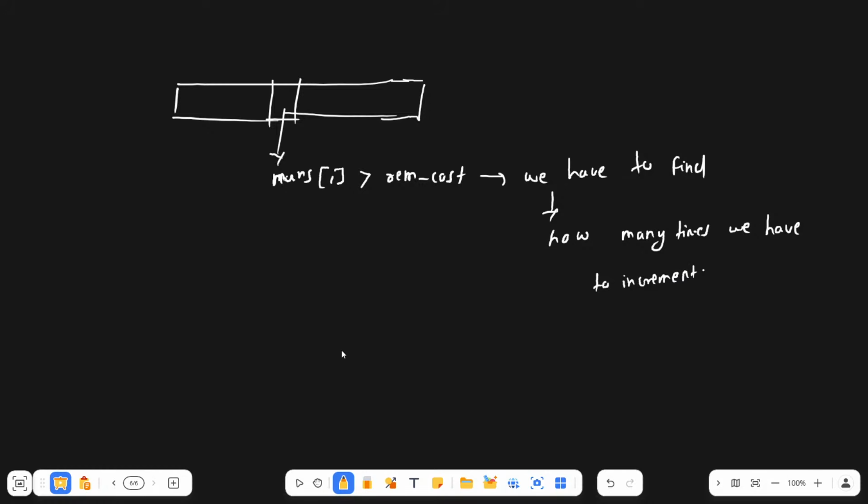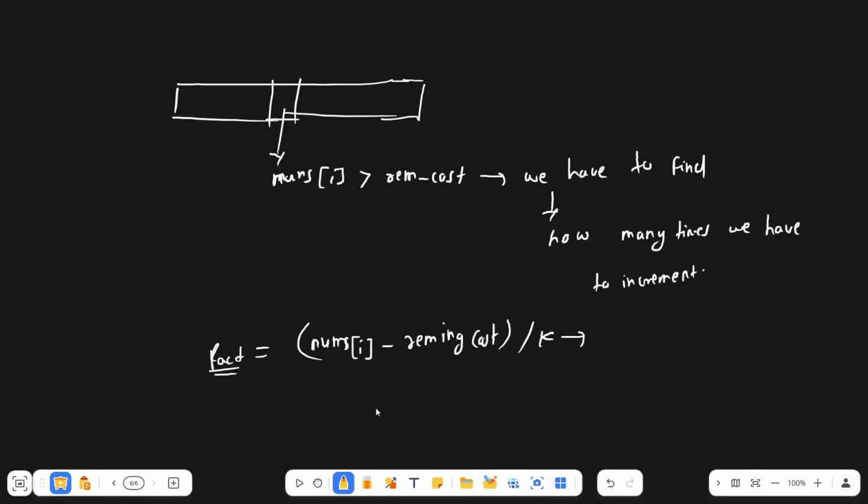So basically what we can do, nums of I minus remaining cost divided by k, right? So that will be our sum factor,